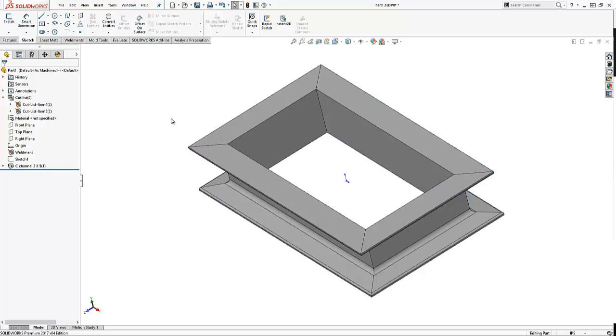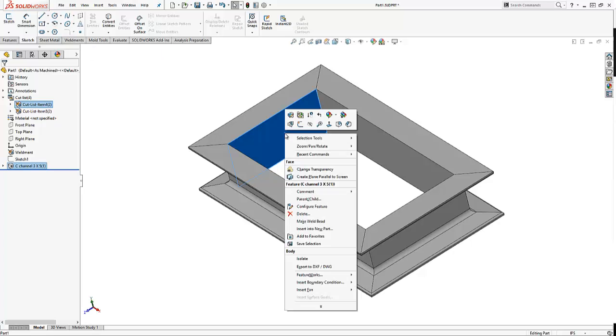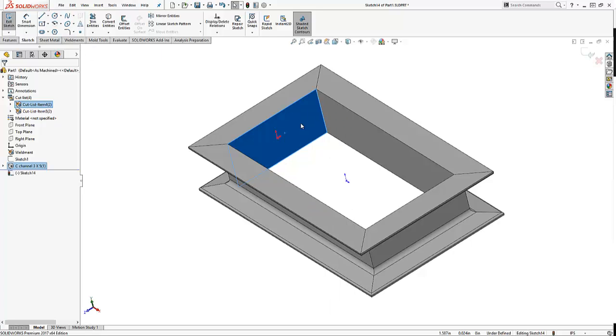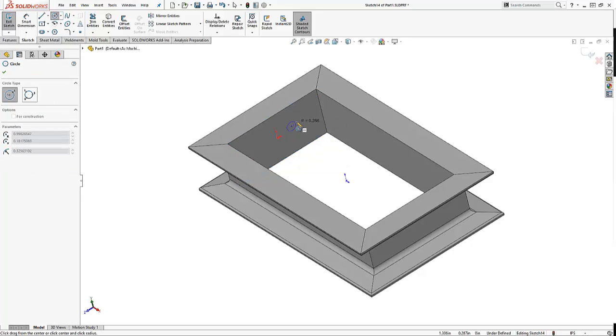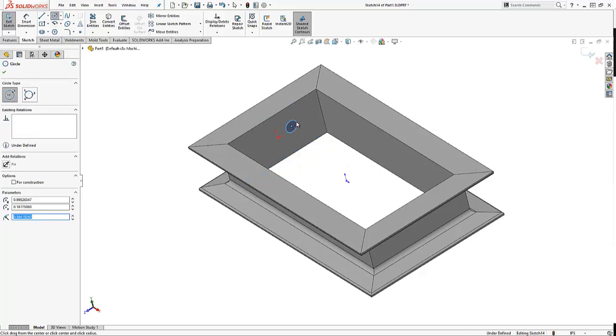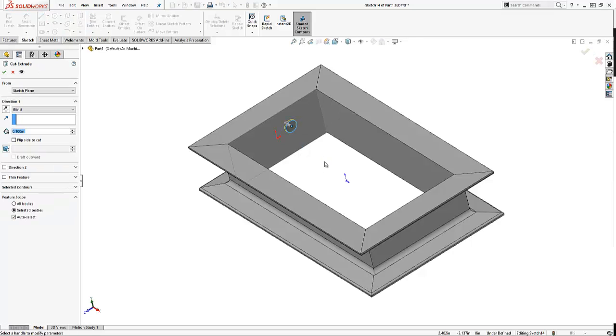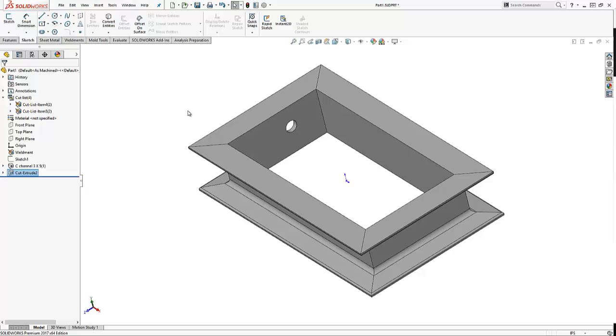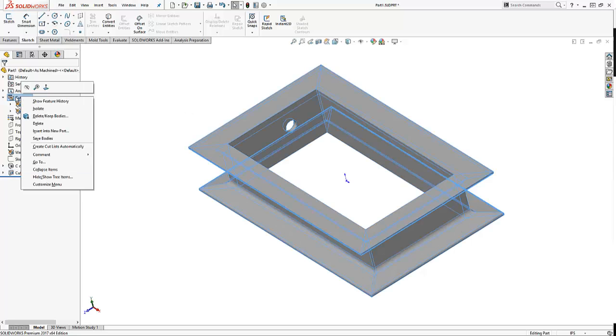Now, imagine that I need to have a hole on one of these items. For example, let's add a hole on this face, on this weldment profile that we have here. So I'm going to make it a through all hole right there. Perfect. And as soon as I right click on my Cutlist and update it,